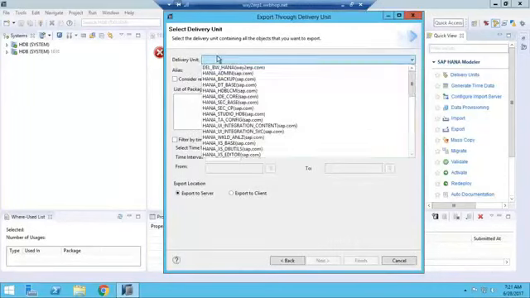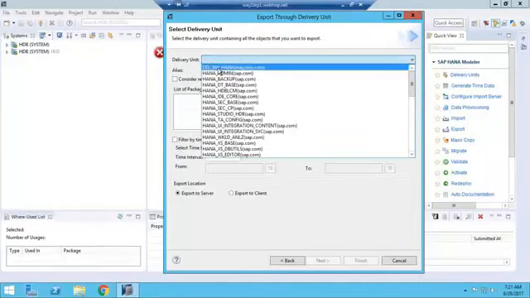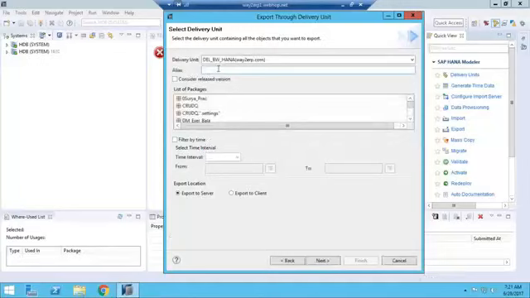Okay, these many delivery units are there. Select this delivery unit. This delivery unit has these many packages. For the alias, you can give any name.